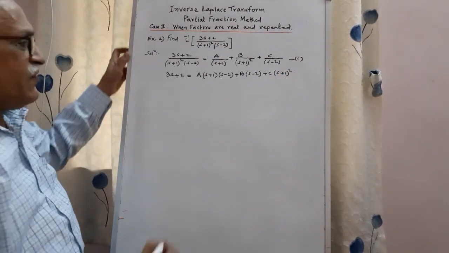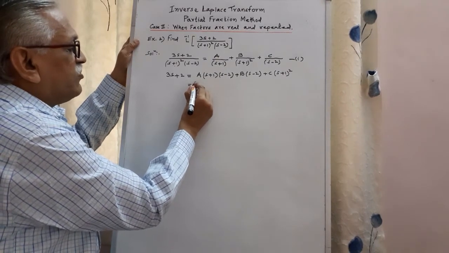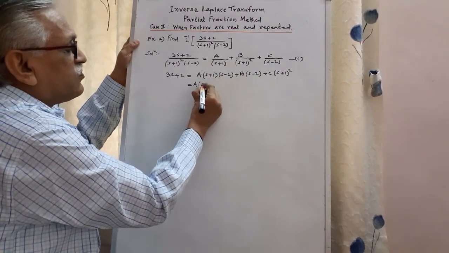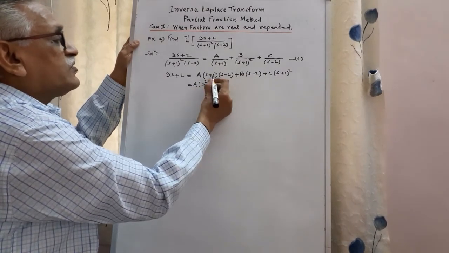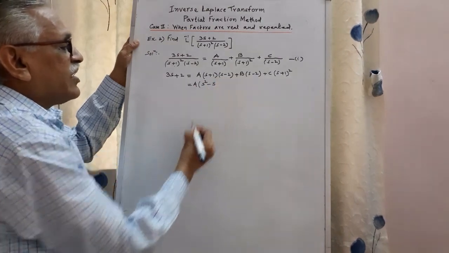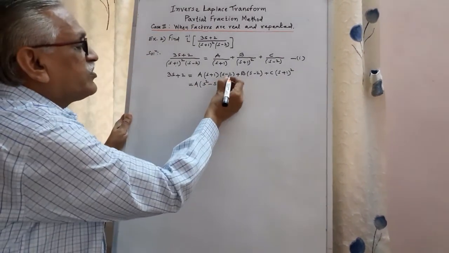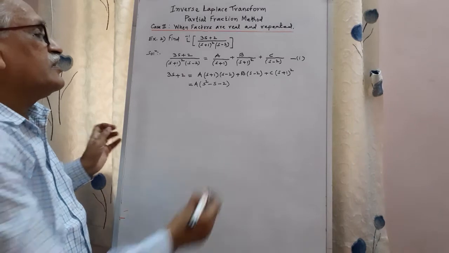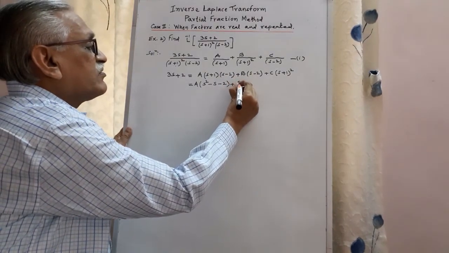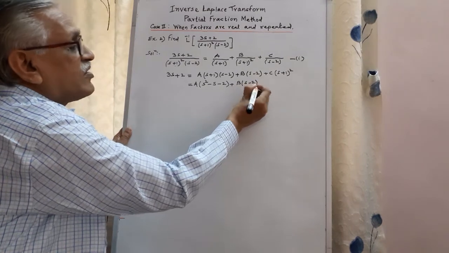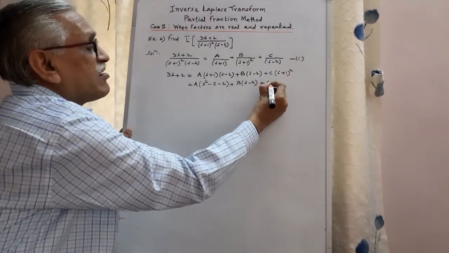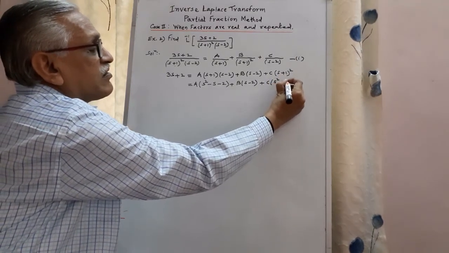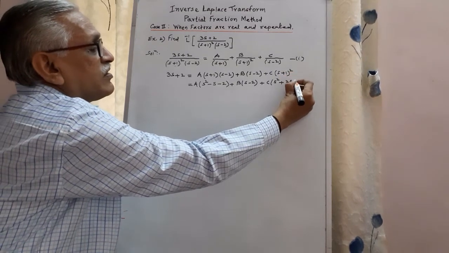Okay, and then simplifying it, it is a into performing this product, a into s square, minus 2s plus s, we get minus s addition, and the product of this last term is minus 2. Therefore performing that product, b into s minus 2 as it is, expanding this bracket, a plus b whole square, a square means a square, twice ab, and plus b square, 1 square.